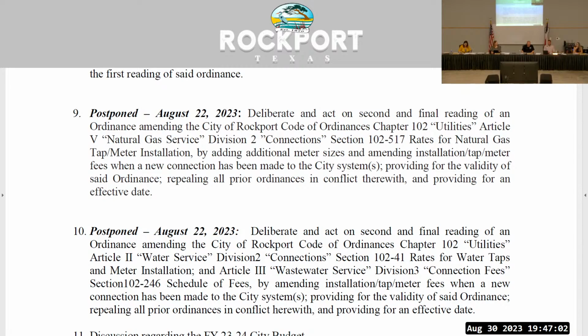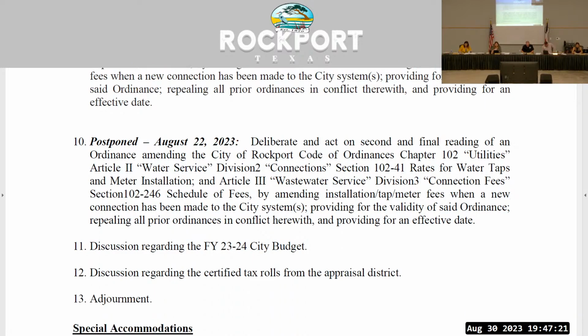I'll make the motion for number 9 as presented. I have a motion. Do I have a second? Second. I have a motion and a second. Any further question? Call for a vote. Ward 1? Aye. Ward 2? Aye. Ward 3? Aye. Ward 4? Aye. Mayor, aye. Passes unanimously. Item number 10,